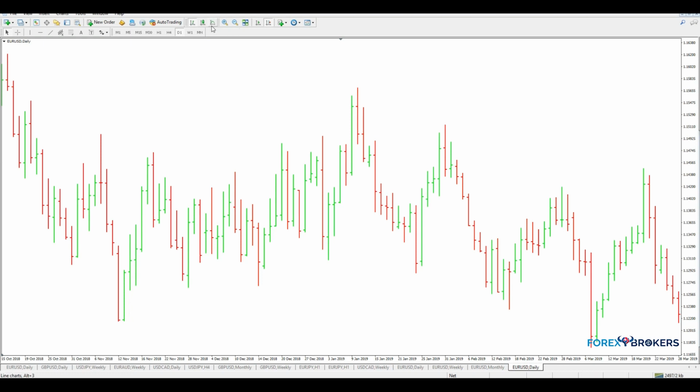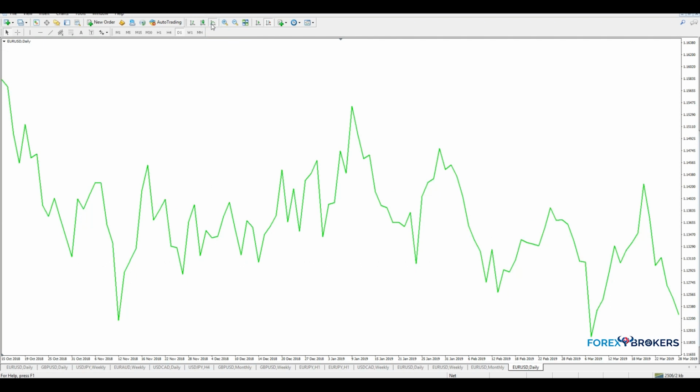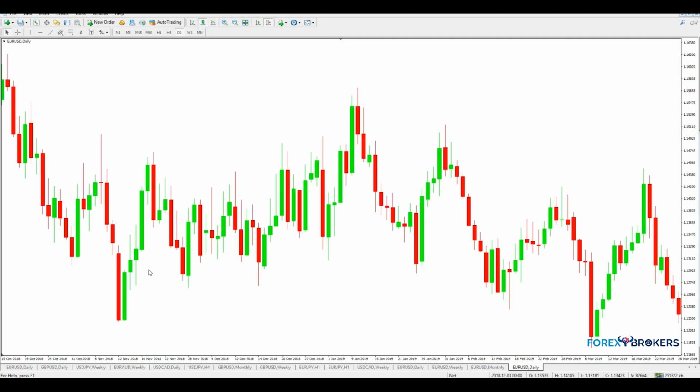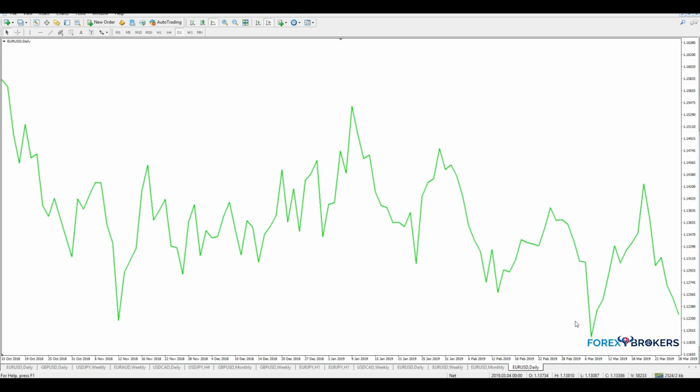But another type of chart, a simpler type of chart, is the line chart. Here if you click, the line chart looks like this, which is quite a difference when compared with a candlestick chart. Let's have a look at the candlestick chart as well. Look how it is with the candlesticks, and how the chart looks with the line chart. Now, the line chart considers only a certain price. Typically or usually the default price to be considered is the closing price of the candlestick. The advantage of a line chart is that it filters the noise